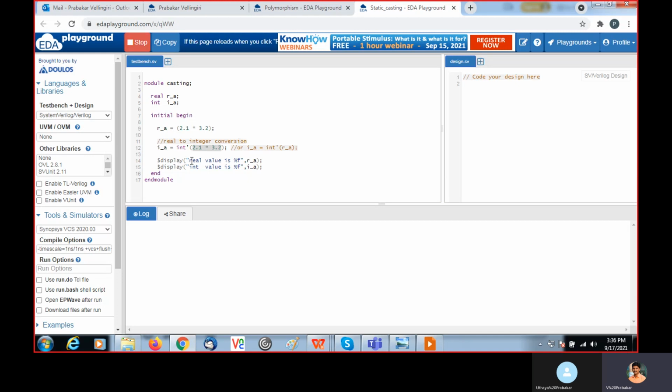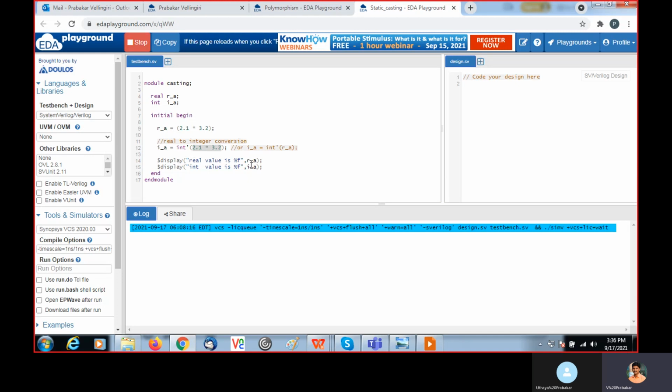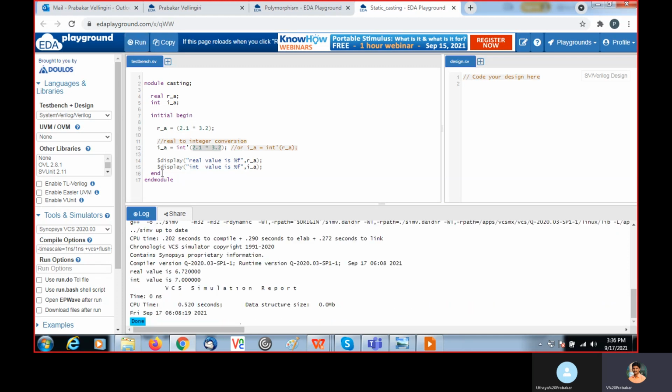Using this display, I am displaying the real value RA with the help of the percentage format, and also IA, which is of integer data type, so I display the int value. See here, the real value is displayed as floating, 7.2.